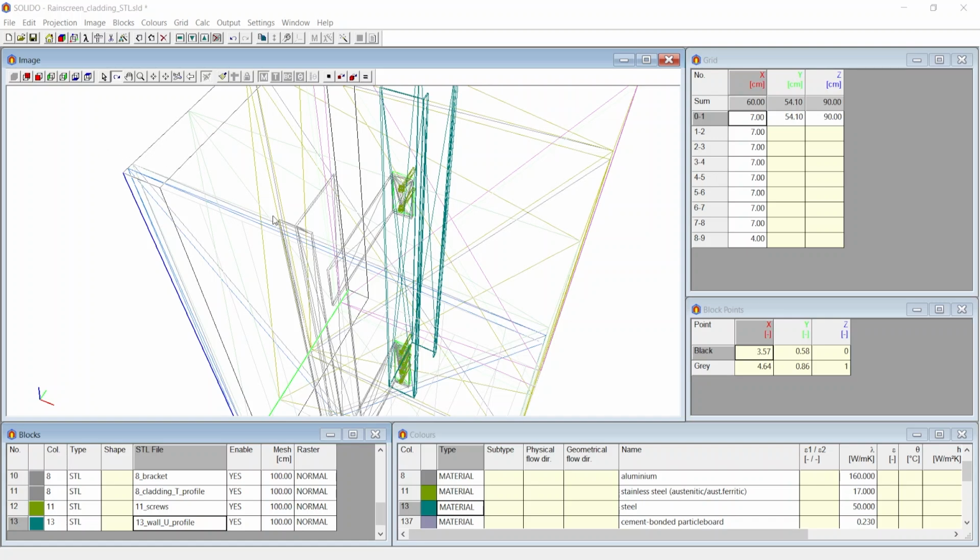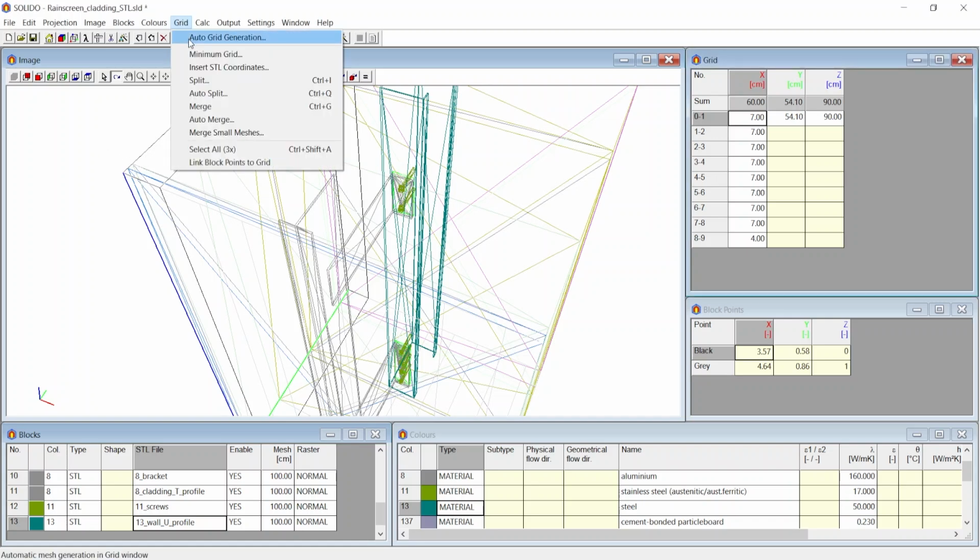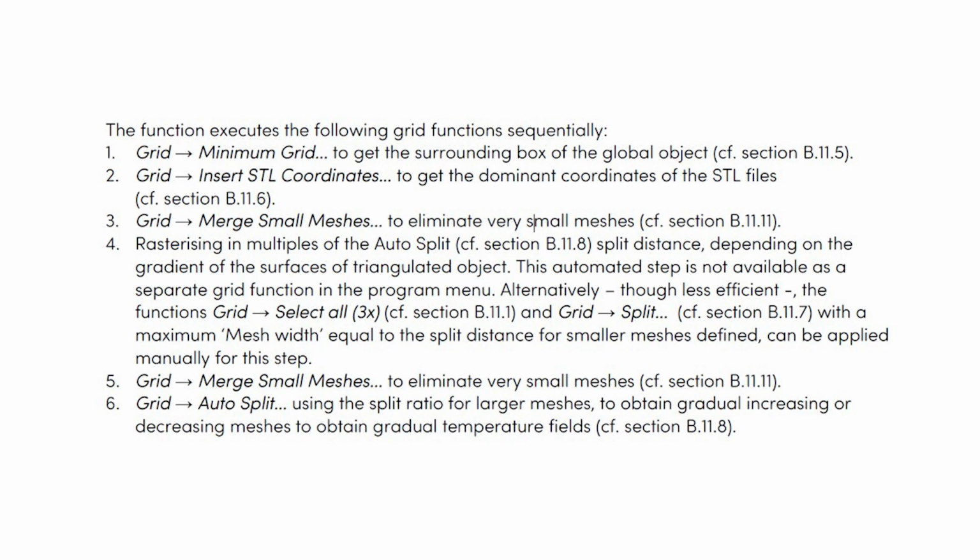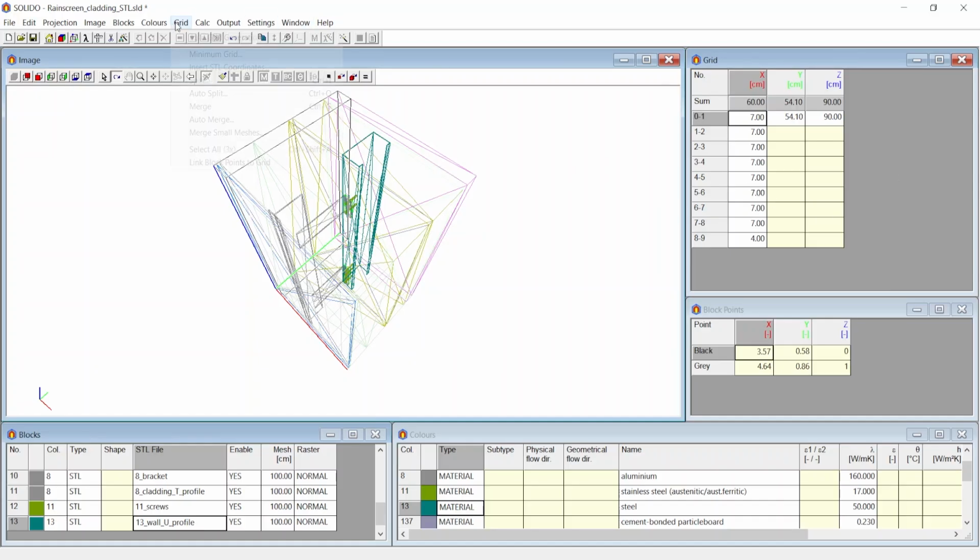In the previous tutorials, instead of going through all these steps, we have used auto grid generation. The auto grid generation performs a mix of all these steps one after another to generate the calculation grid. Since the auto grid generation process also involves the step of minimum grid followed by several other steps, we can go to this command at any stage of the grid. It could maybe be the first step as we did in the previous tutorials, or at any intermediate grid stage